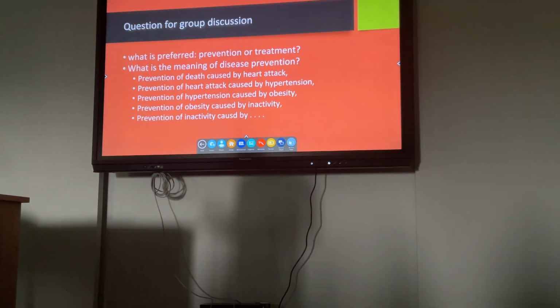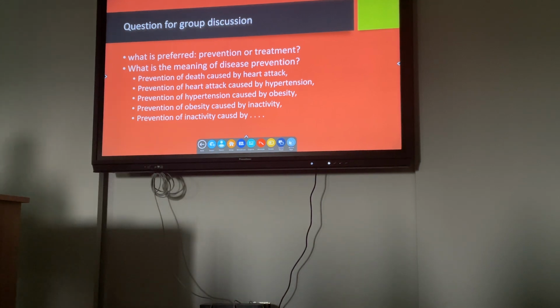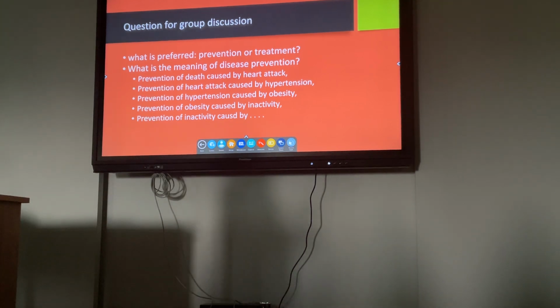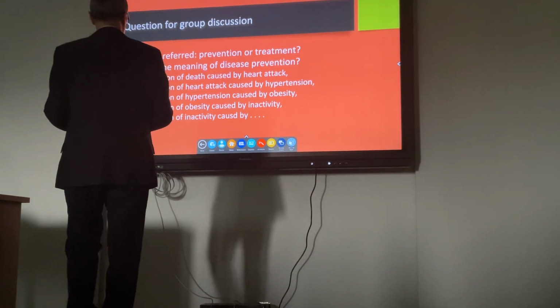So all interventions in medical and public health are prevention. Some of them are primary prevention, and when ordinary people talk of prevention, they are just talking of primary prevention. But in medicine, we know that treatment is also prevention. Without any signs and symptoms, it usually is secondary prevention. After presence of signs and symptoms, it could be a tertiary prevention.